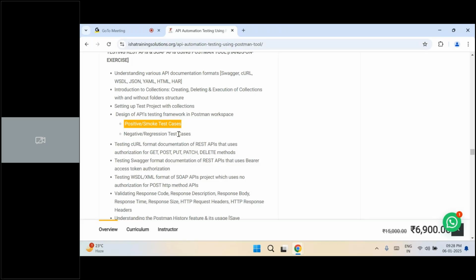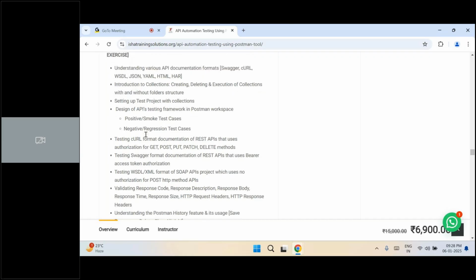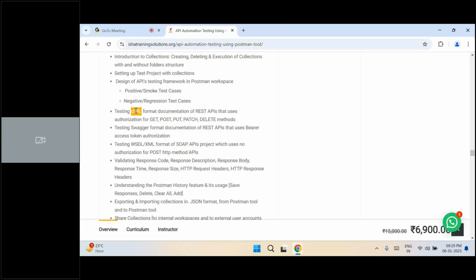Okay, now this is going to be the game changer mostly in our course. I'm going to take a project which will be written in the form of curl documentation, where I'm going to take APIs that use get method, post method, put method, patch method, delete method, and we'll do automation. End to end API automation will be done. After that, we will take some Swagger example, meaning Swagger documentation. What if a developer is giving a project but written in Swagger API documentation? That also we are going to automate.